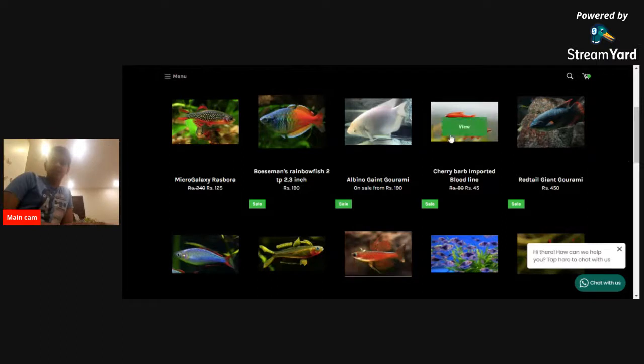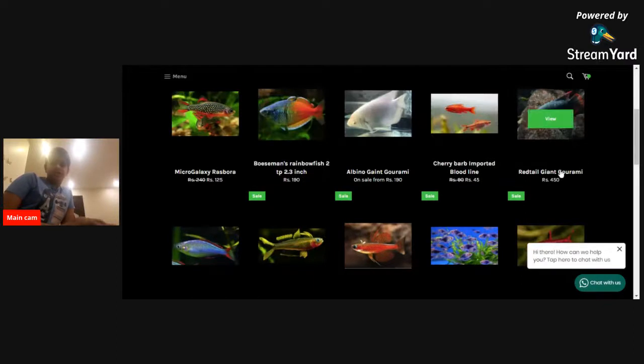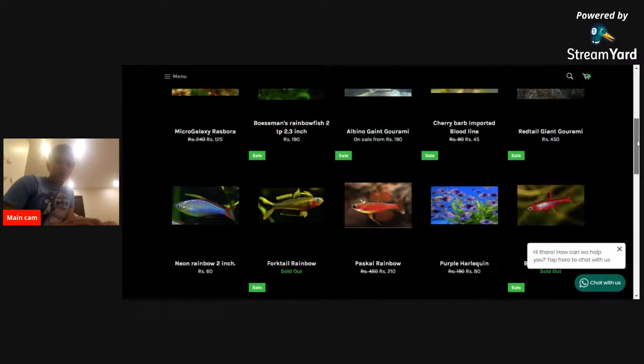the environment. Cherry barb, no. Red-tailed giant gourami. That looks really good in my opinion. This tank is going to be a 265 gallon tank, basically a 300 gallon tank because I have a 120 gallon sump, but 265 gallons of space. I should be able to keep giant gouramis, but they still get huge. So